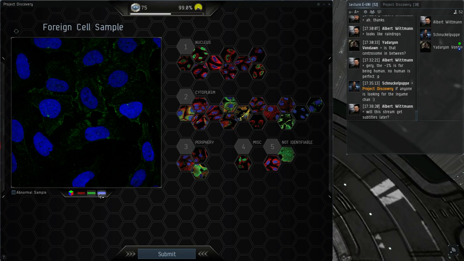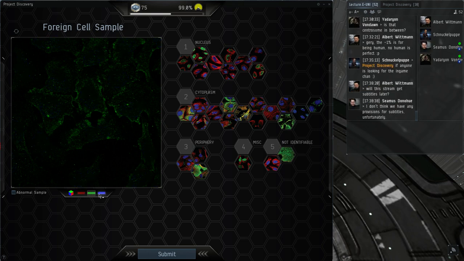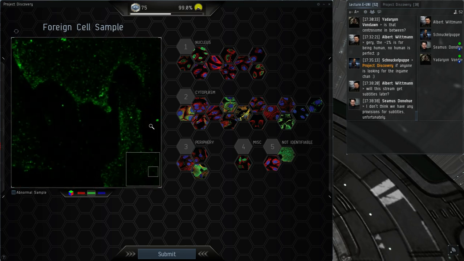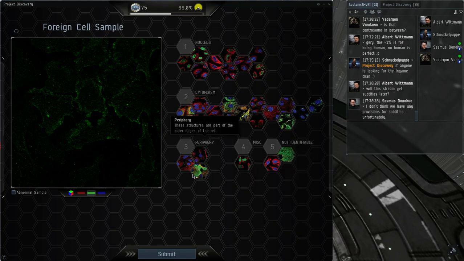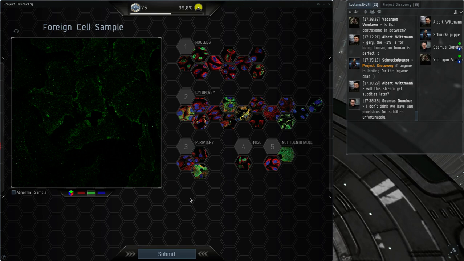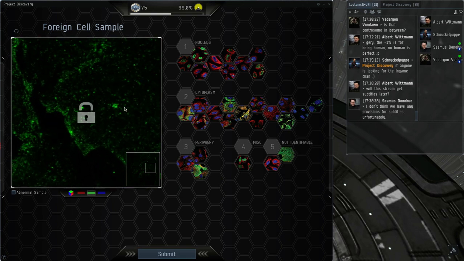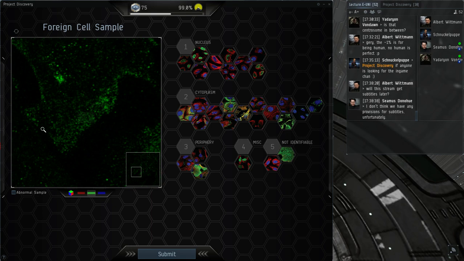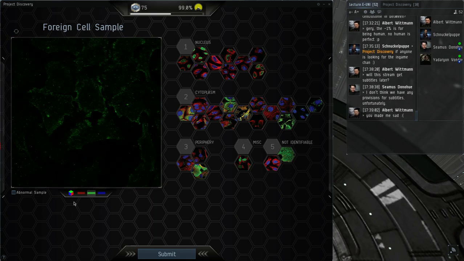So here we have a staining that is not overlapping with the nucleus, in blue. It is slightly overlapping with the red, so it could be cytoplasm, it could be plasma membrane. And then I'm curious about these green spots here. They could be centrosomes or microtubule organizing centers. So we'll have a look at that.